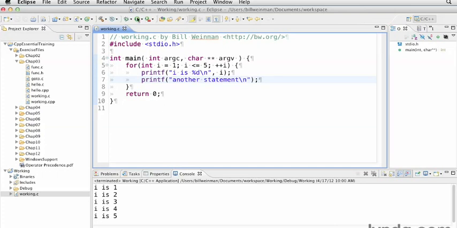I'll go ahead and save this and run it, and you see that those all get run together each time through the loop. Statements and expressions are the building blocks of the C language. While statements are often also expressions, understanding the distinction is important to becoming a proficient